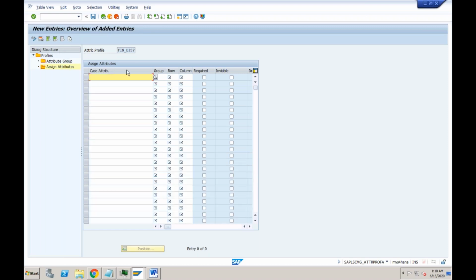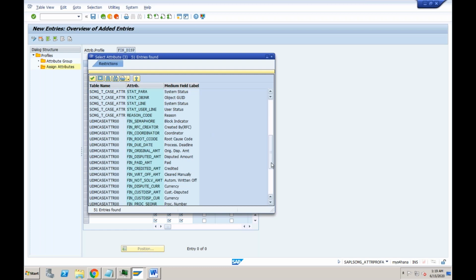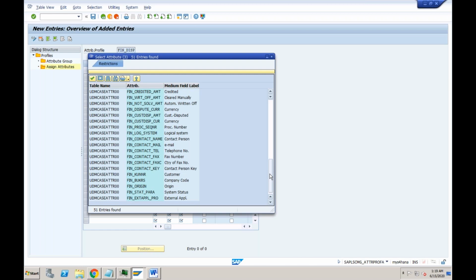Okay, so for example, if I go for a new entry, and if I want a recon account which is not available today, let's see if it is available. You can see I think there is no recon account available here, but if you want to add that, you have to tell the ABAP team from where exactly that recon account will be picked, based on what logic you want to pick that recon account. Based on that, they will add the new field into the structure, into this technical table. And once it is available in this technical table, you can use it very easily in this particular screen.